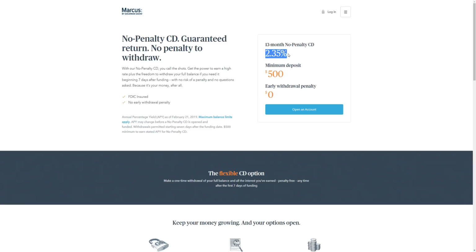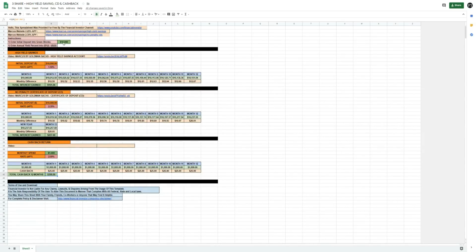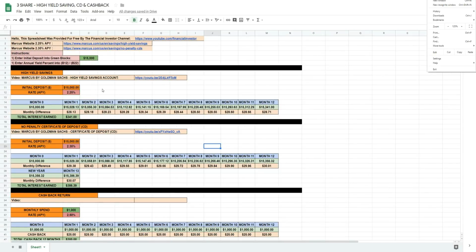I currently have their no penalty CD offering me a 2.35% rate, and if we go ahead and use their numbers of $15,000 and we put in the 2.25% savings and their 2.35% no penalty CD, we can see here that over the course of 12 months, let me see if I can zoom in a little bit here for all of you on the mobile devices. We can see here that the high yield savings account, that $15,000 at a 2.25 rate over the course of 12 months becomes